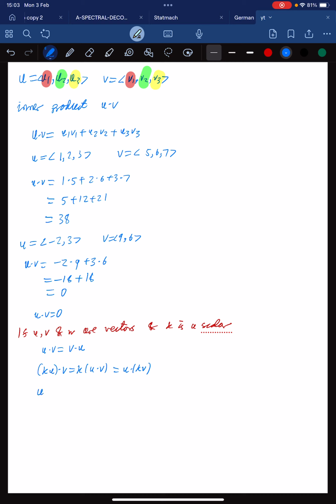Another fact is if we have u dot (v plus w), you can multiply it in, so u dot v plus u dot w. That's like getting the highest common factor and factoring out if we were working backwards. And then our last fact is v dot v is greater than or equal to 0, and equal to 0 only if v is equal to 0, because it's